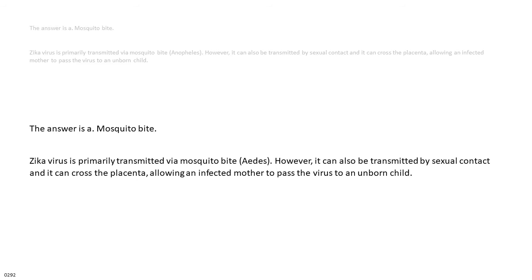The answer is A. Mosquito bite. Zika virus is primarily transmitted via mosquito bite. However, it can also be transmitted by sexual contact and it can cross the placenta, allowing an infected mother to